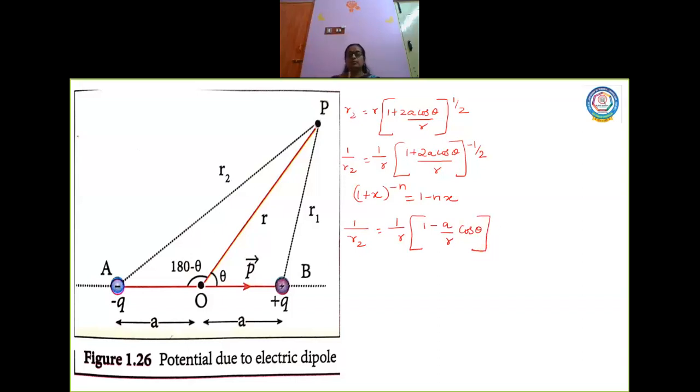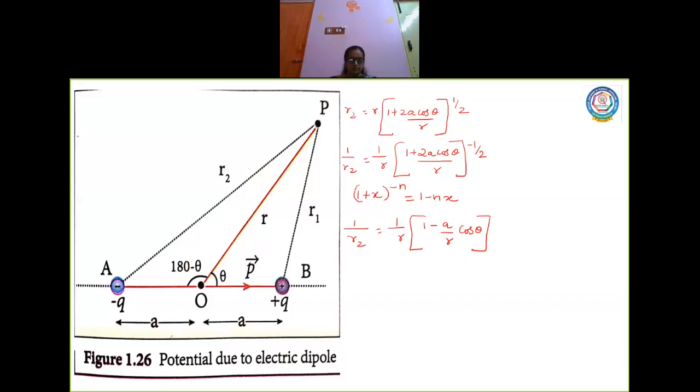I want you to take your book, follow the derivation step by step. If you are not able to understand, watch this video again, follow the steps, and today itself you should be very thorough with this derivation. It's a very lengthy derivation, so each and every step I am doing. So try to follow. Now two formulas I am using. One is the cosine formula, the other one is the binomial theorem. So based on this I am solving.